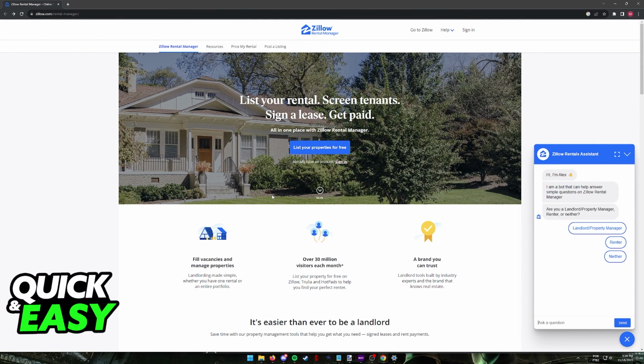So go to zillow.com/rental-manager and you will be able to access it on here. Alternatively, look for Zillow Rental Manager on Google, and after you arrive at this page, you will have plenty of options to choose from. To start using the tool right away, all that you have to do is click this